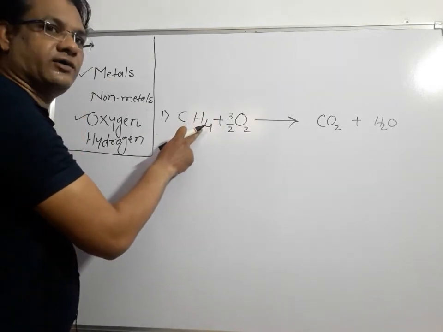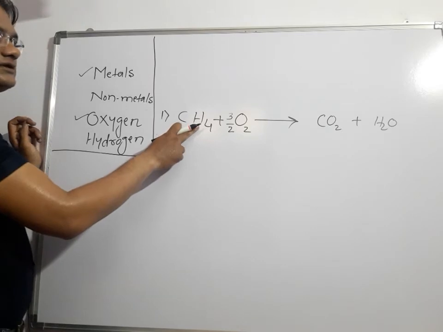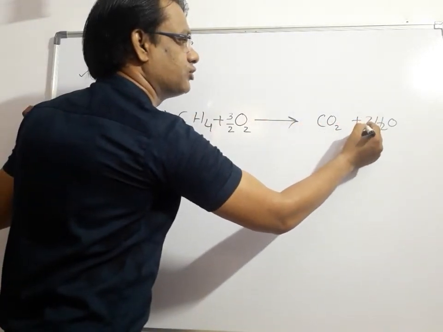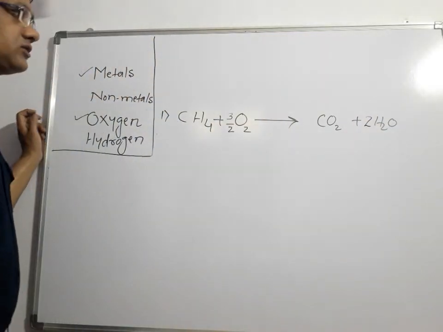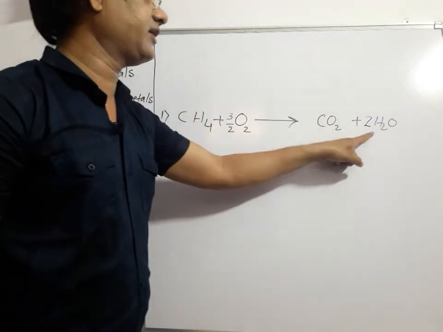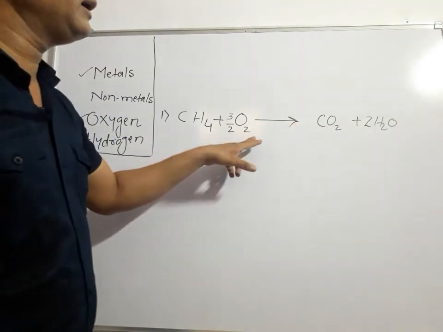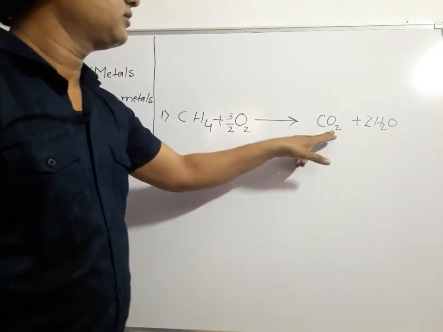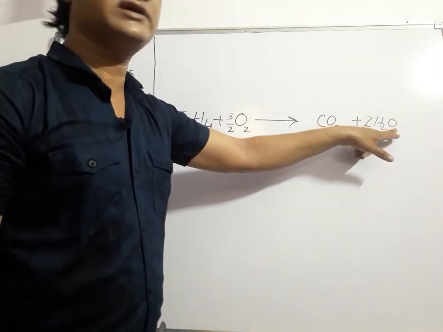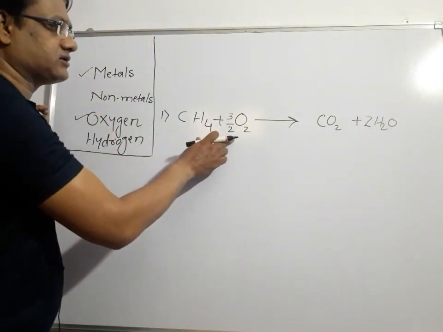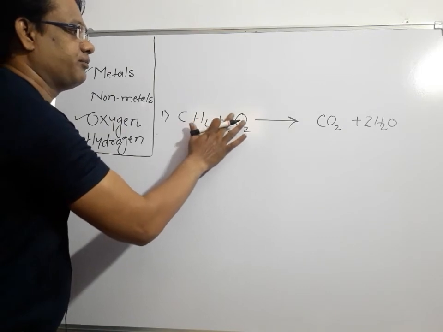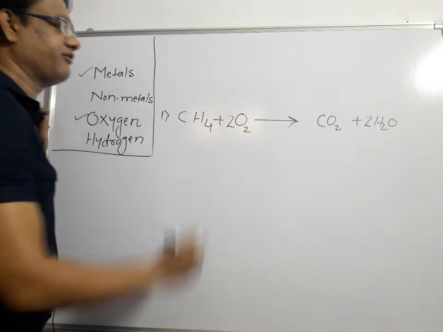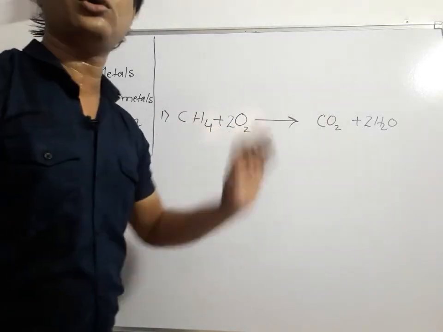Now what will we balance? We will balance the hydrogen. Here 4 hydrogens are here, and here is only 2 hydrogens. So what will we put here? We'll put 2 here. So now 4 hydrogens are here, 4 hydrogens are here. But while doing this, the quantity of oxygen changes. Here 2 plus 2, 4 oxygens are here. Here only 3 oxygens are here. So what will we do? We'll put 2 here. So in that way the oxygen is also balanced.